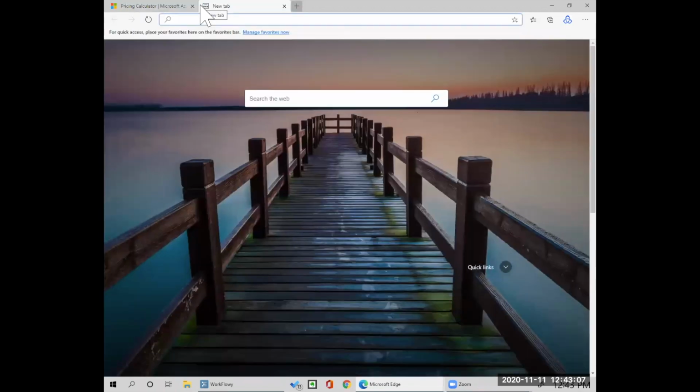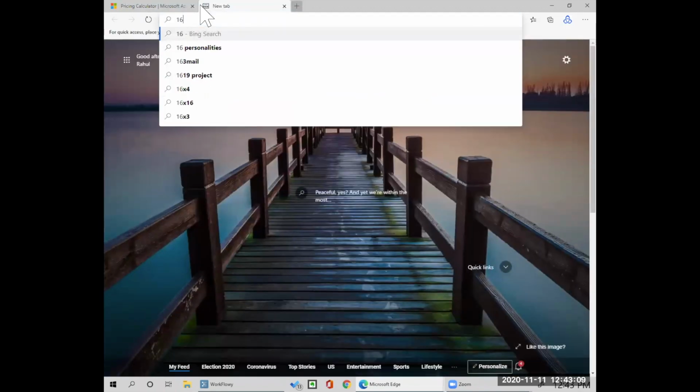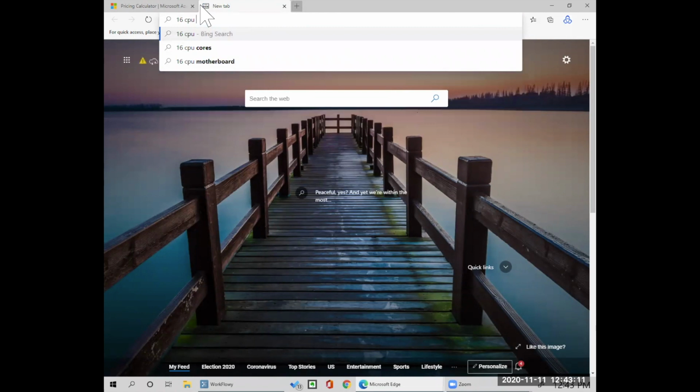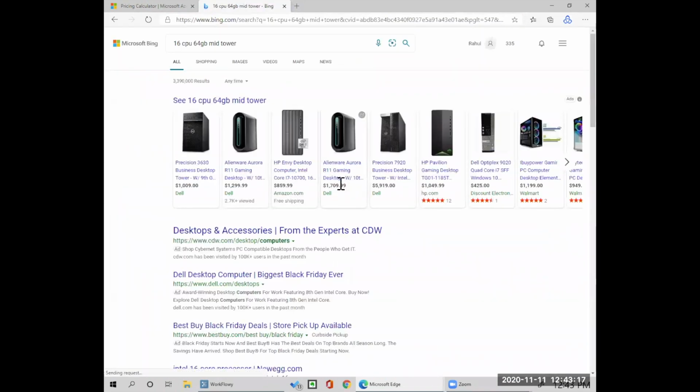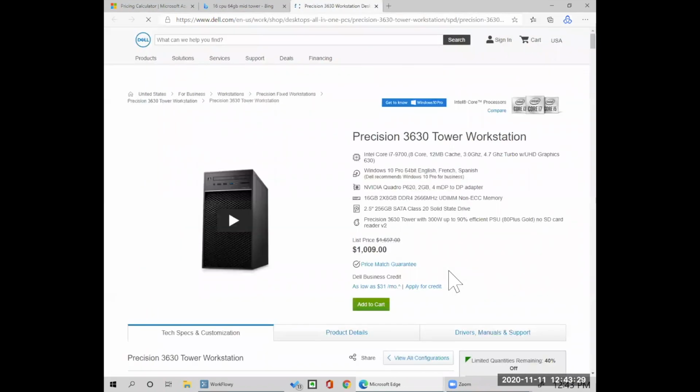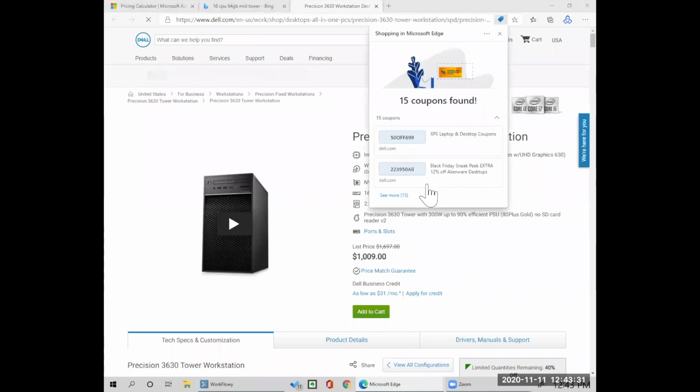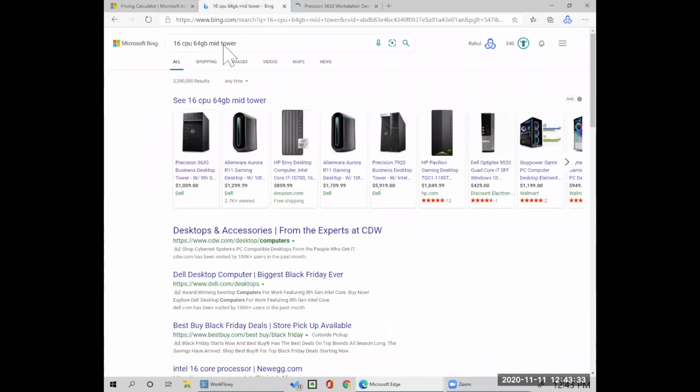But if I go for 16 CPU, 64 GB, mid tower, okay. I'll just say this, okay? It doesn't have to be this. I mean, really, we could get rack servers. But let's see if this has it. This even has Windows 10. I don't even need Windows 10.